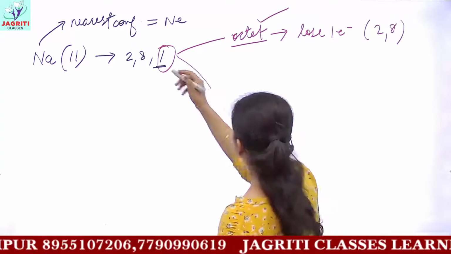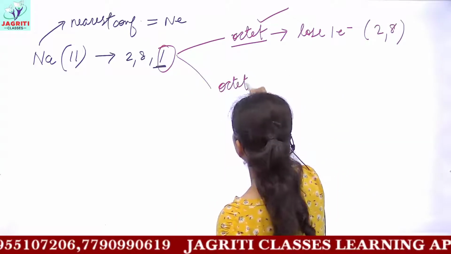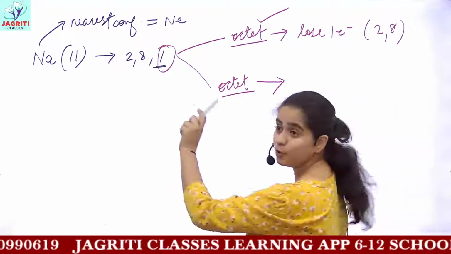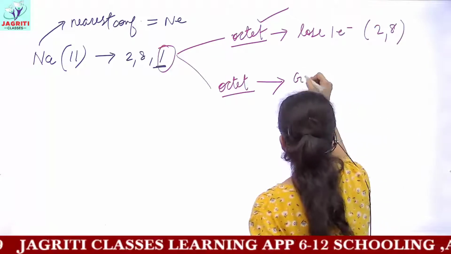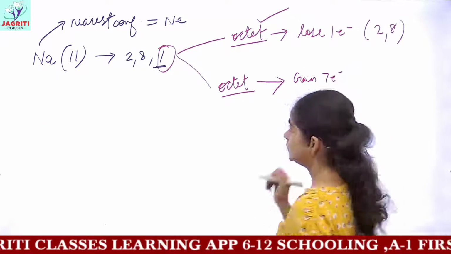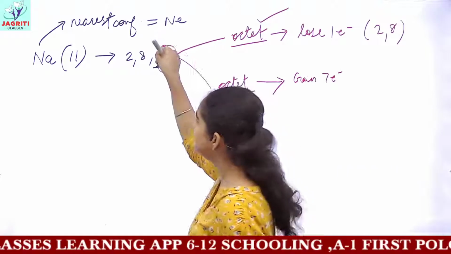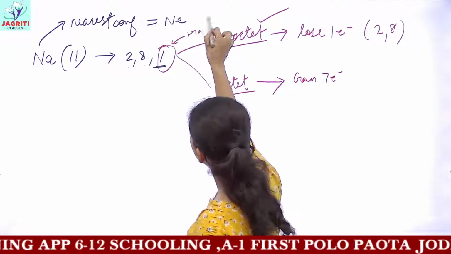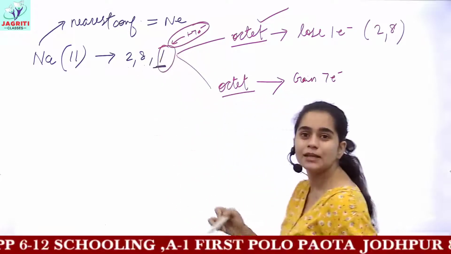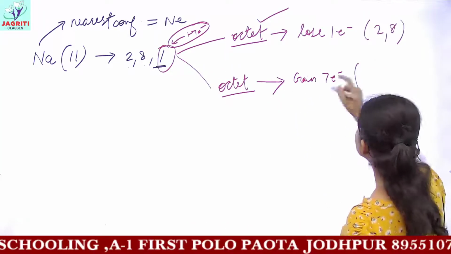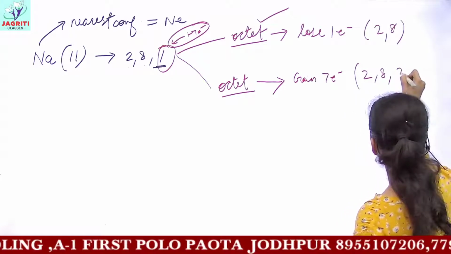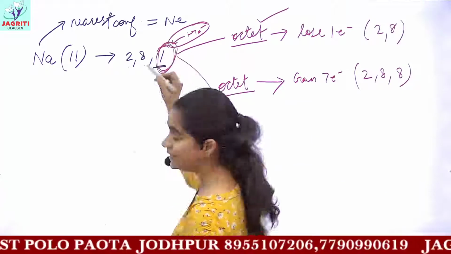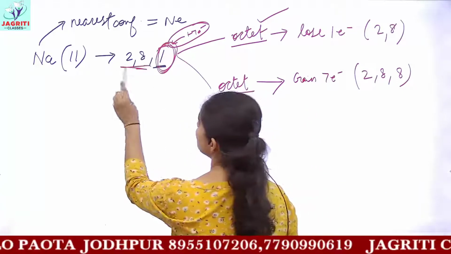Next, it can't follow the doublet rule, it will only follow the octet rule. But for completing its octet, what can sodium do? It can take 7 more electrons. It can gain 7 electrons. Once sodium gains 7 electrons, then the configuration would be 2, 8 and plus 7 electrons more. Then 7 plus 1 will give you 8. So if it gains 7 electrons, the configuration would be 2, 8 and 8. Remember, I am making all the changes in this valence shell and no inner shell is being included.